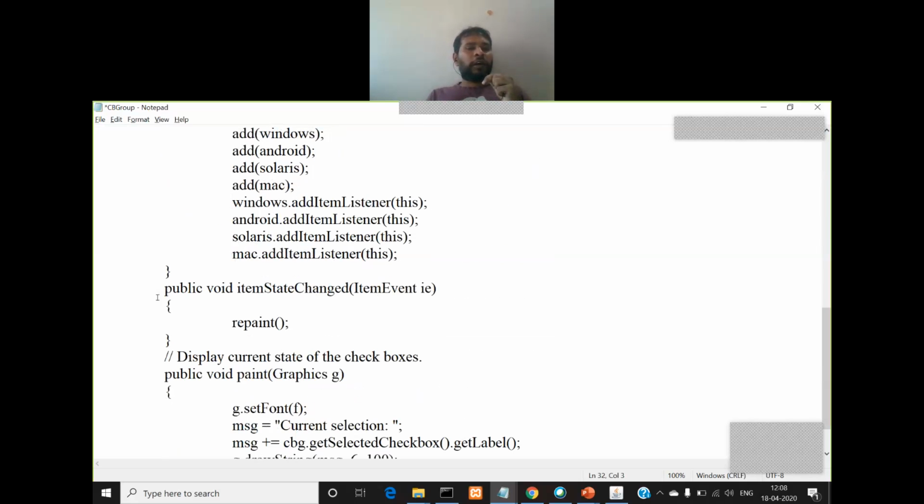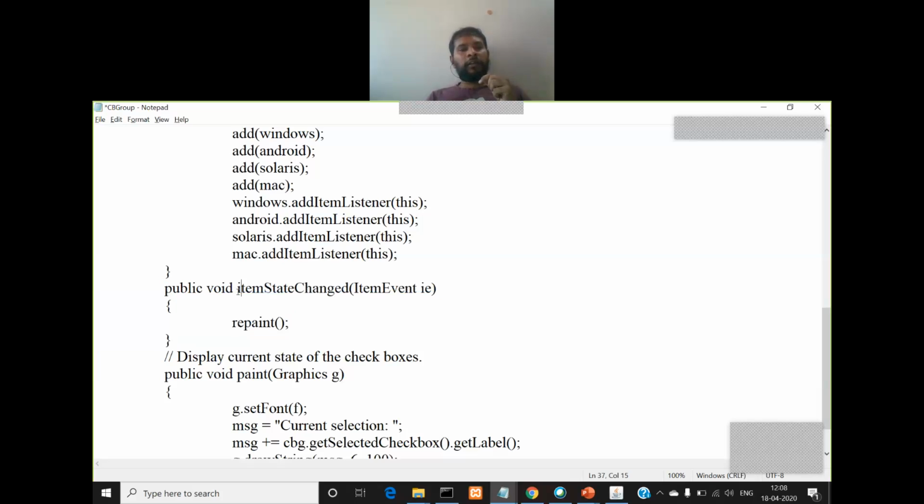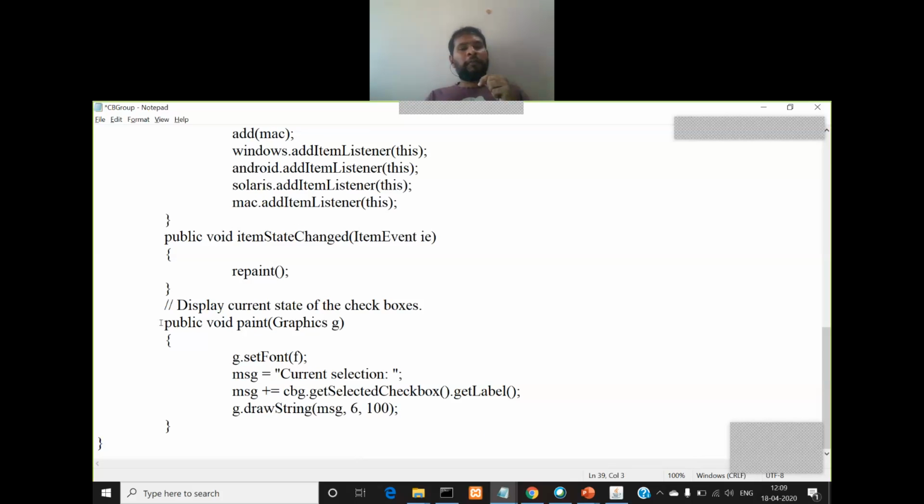Okay. Now we need to define the method that is part of the listener interface, that is the ItemListener interface. So you have one method declared in this interface, that is itemStateChanged, and it receives an object of type ItemEvent class. Okay. Then what you're doing here is simply making a call to the repaint method. Then the repaint method will again call the paint method, and in the paint method, if you observe, I'm